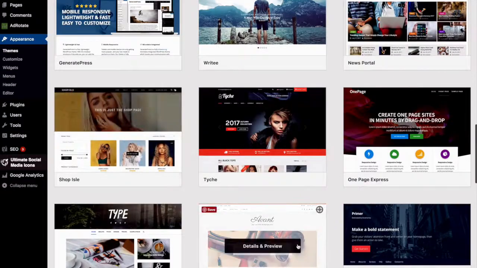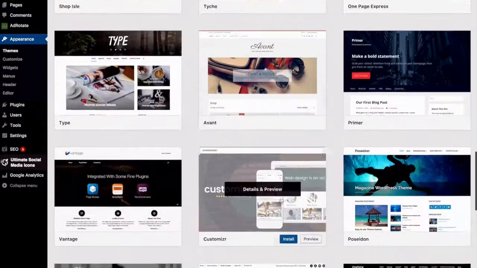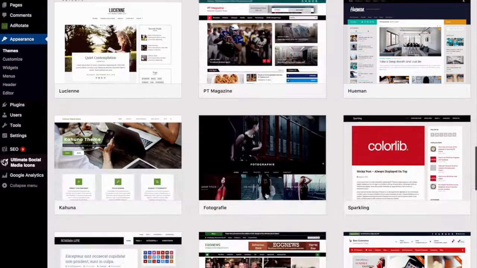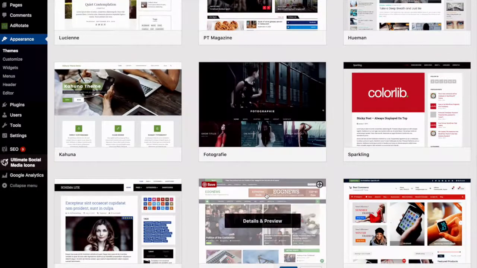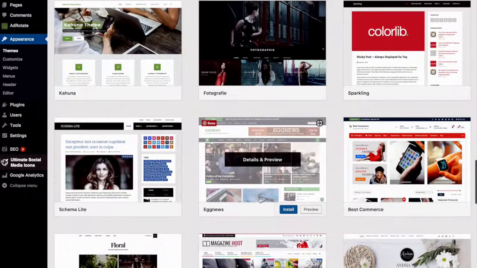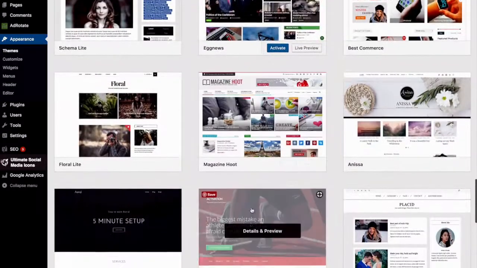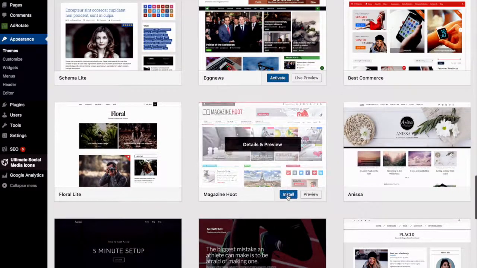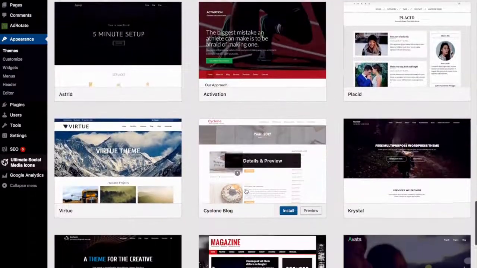And you can just see all kinds of sample sites in all of these different themes. So what you can do is browse, pick them, and it doesn't cost anything to install them. So for example, I'm going to just take this Egg News, I'm going to install it. Now it does take up some space, so what you'll probably want to do at some point is clean stuff out. But let's say I look at Egg News and Magazine Hoot,